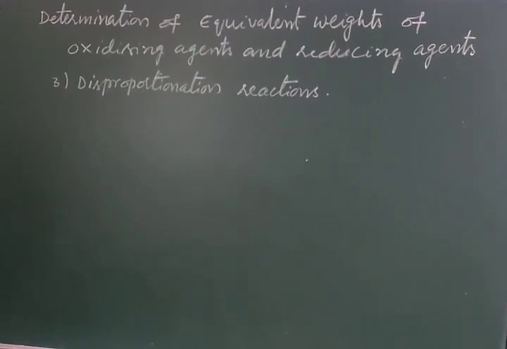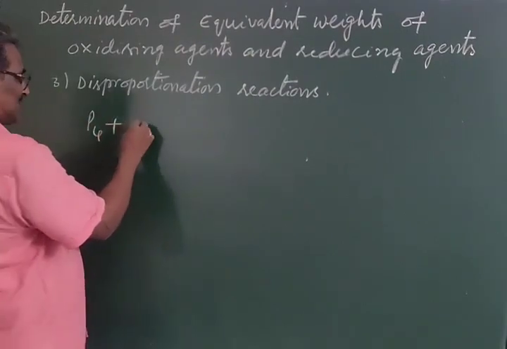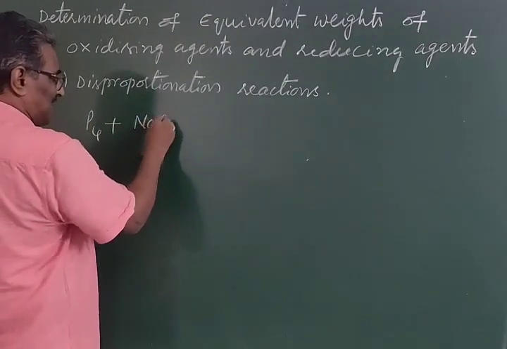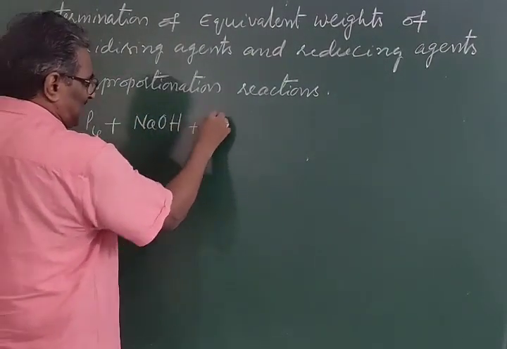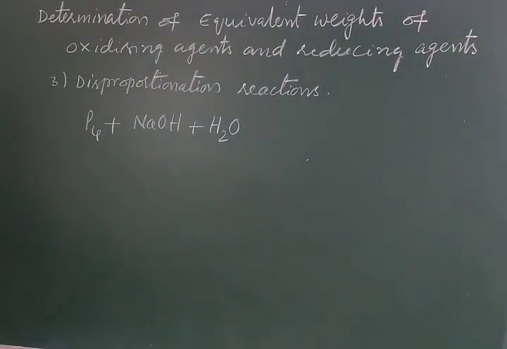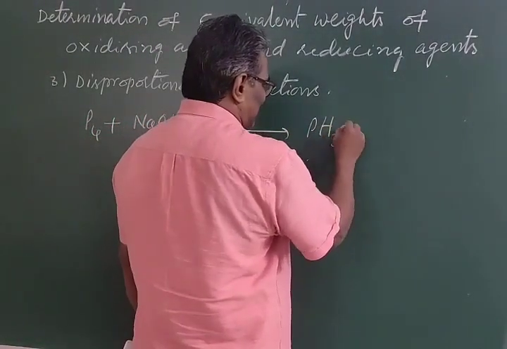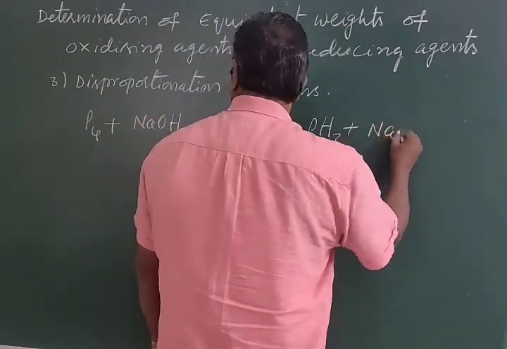Potassium chlorate on heating decomposes. This is the intramolecular redox reaction. Let us see one more example. Phosphorus reacts with sodium hydroxide solution to give phosphine, and the products are phosphine and sodium